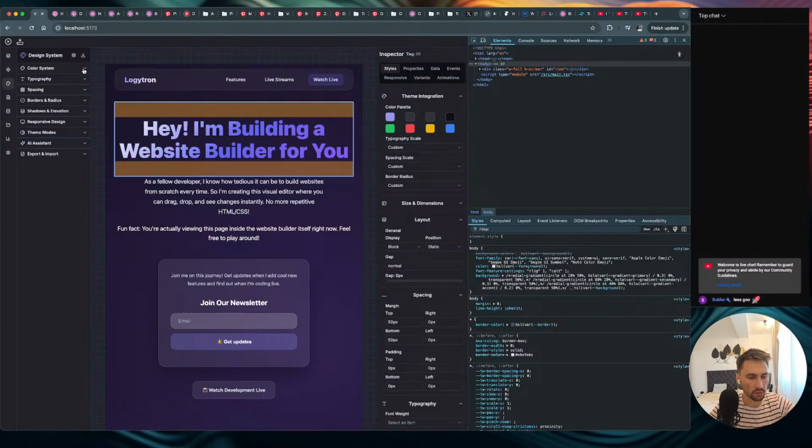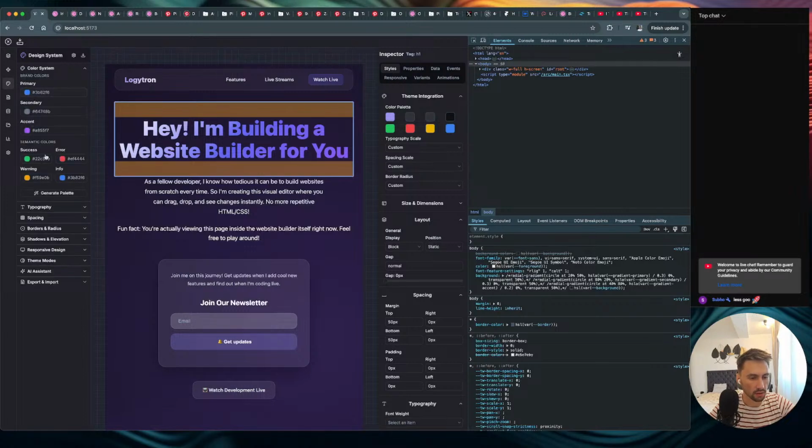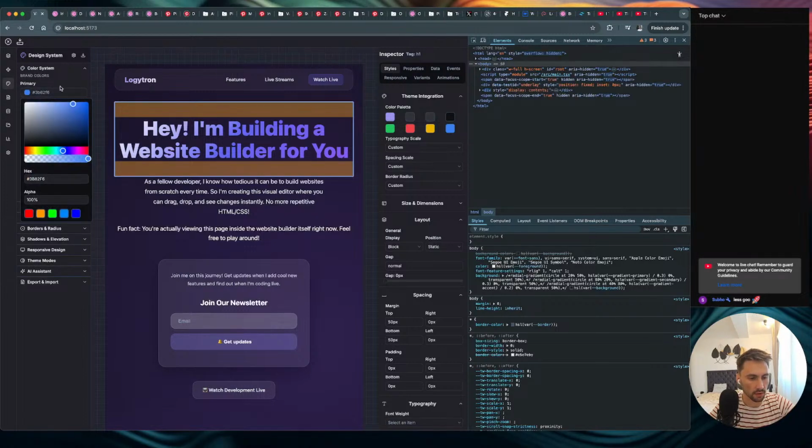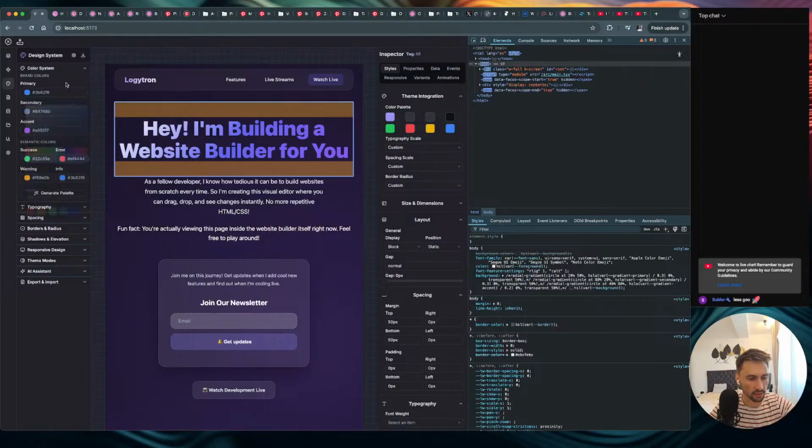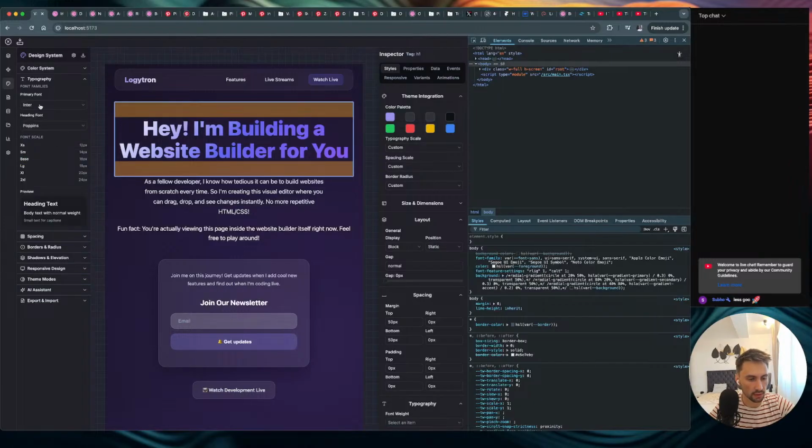And as with any other website builder, you can change colors. I need to add color pickers. Oh, I have a color picker, so AI actually added the color pickers. So color pickers for primary, secondary, accent colors. The semantic colors, warning, general palette. They don't do anything now, but it's just to give us an idea what the builder should do in the future. Typography, to change the primary font,